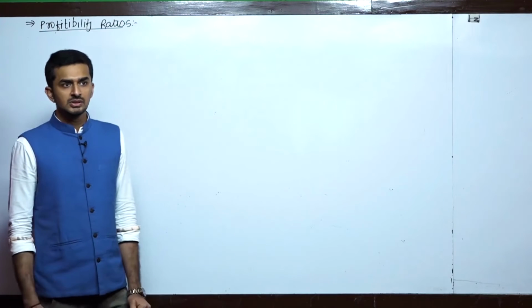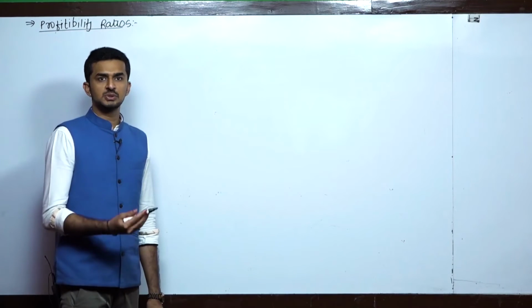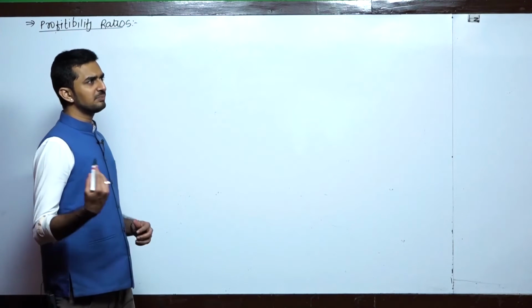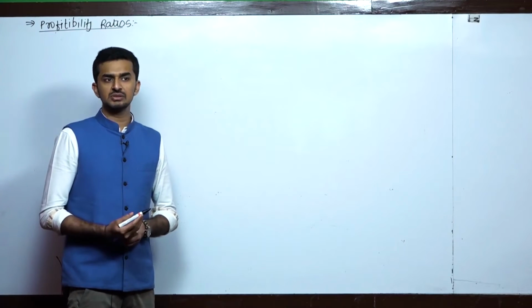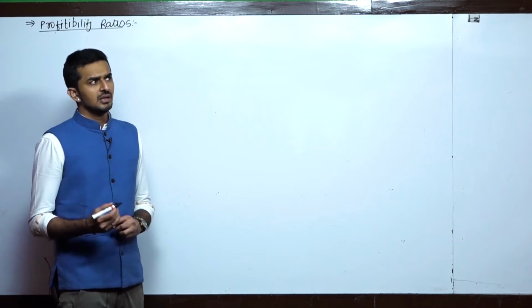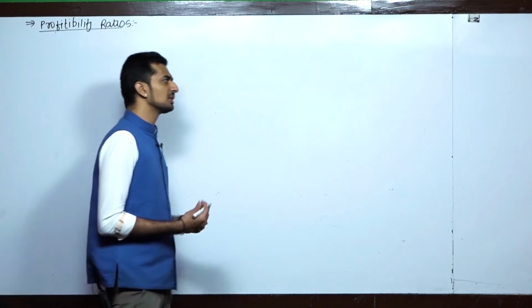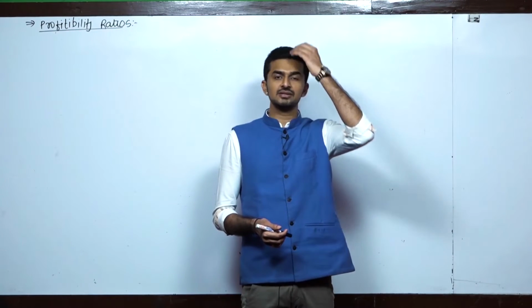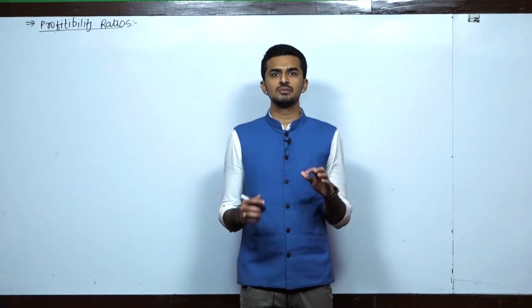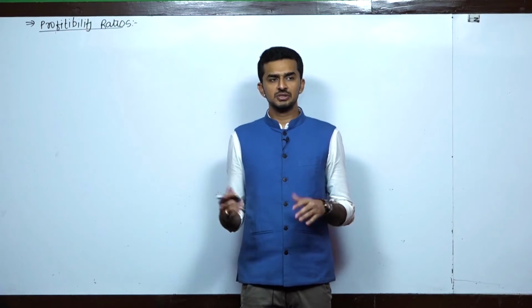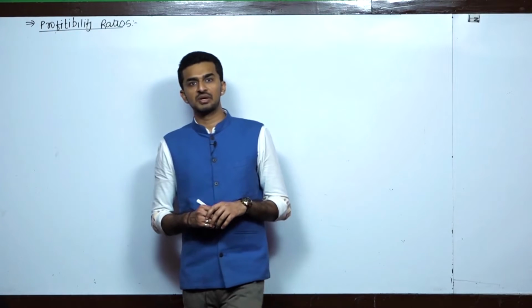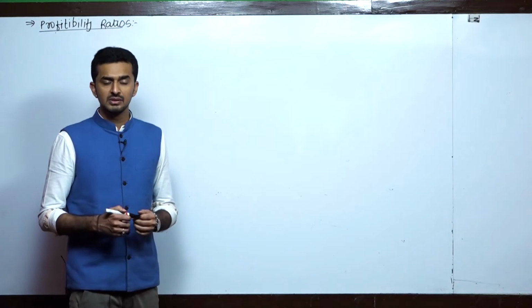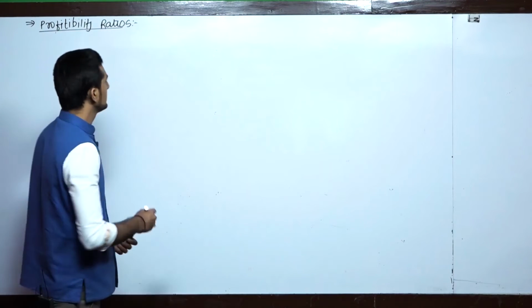So how do profitability ratios function, or what are the profitability ratios? I'll put it in the form of a story so that you get it faster and understand it better. Let's say some of you want to invest in a company, or let's say you wanted to buy the entire company. For the sake of example, let's say you wanted to buy some company's 100% share. All the shares is something that you're looking for. You were looking for a right company, you were searching for it, you were researching for it, and then you came across a company which had got